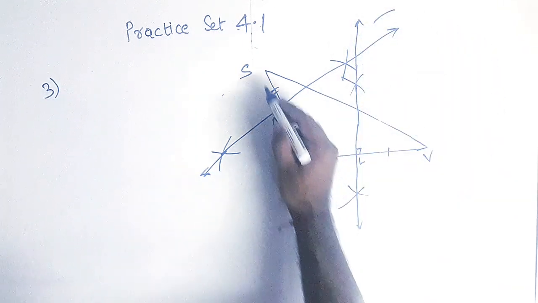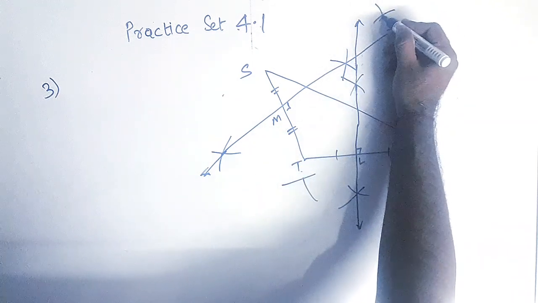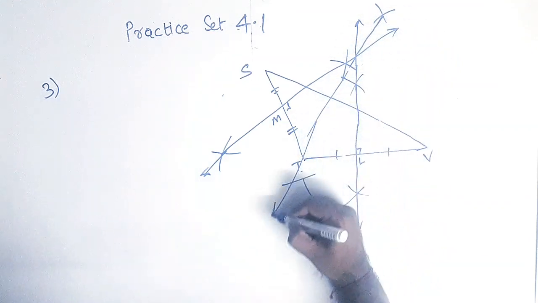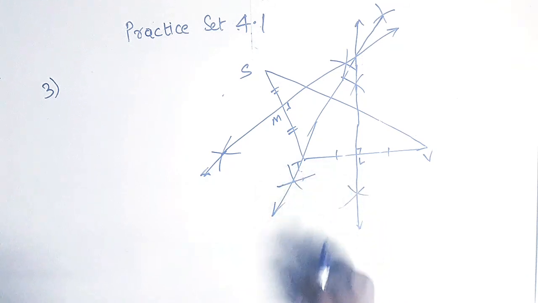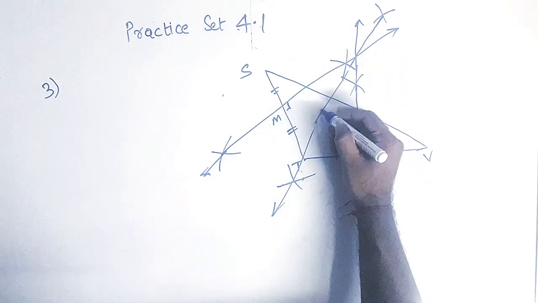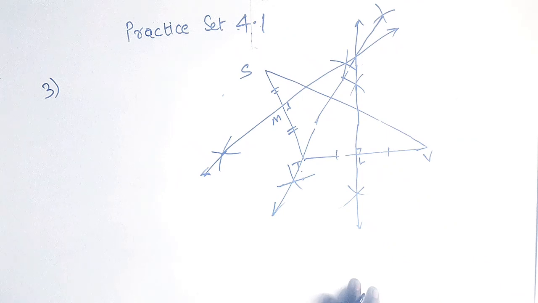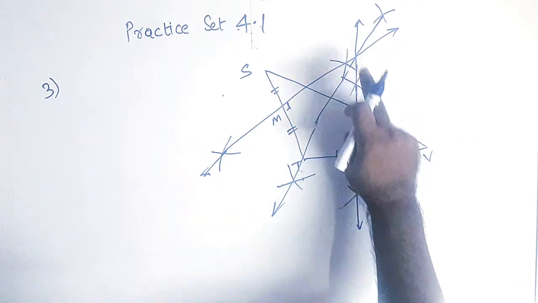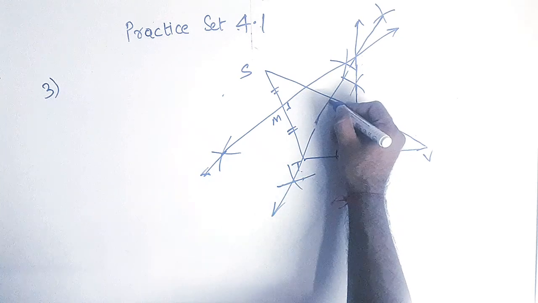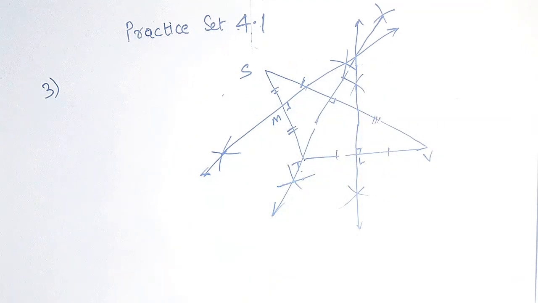Okay, and from S I'll draw here and here. So your segment will be passing through here. Now all these three side bisectors, they will be concurrent, means they will meet at one point. So you can see this is also a perpendicular bisector. I am giving the perpendicular mark.